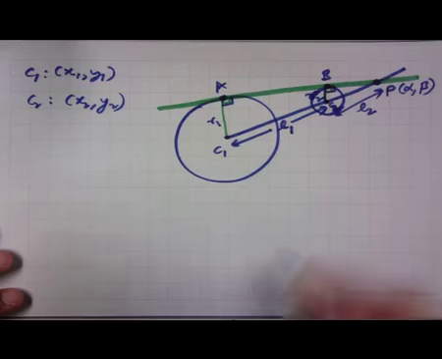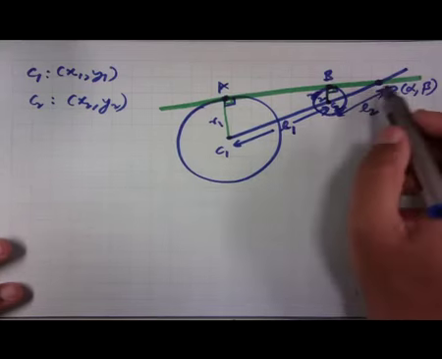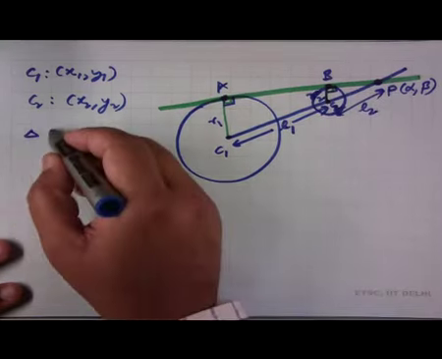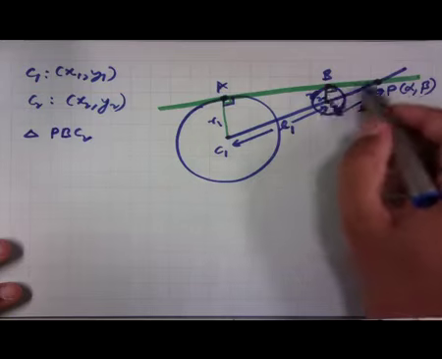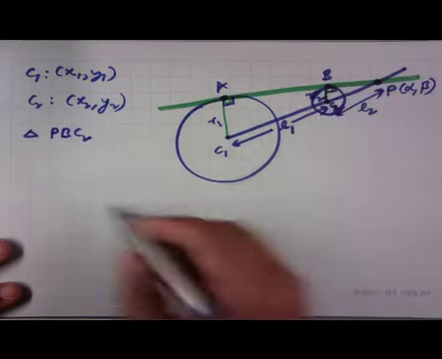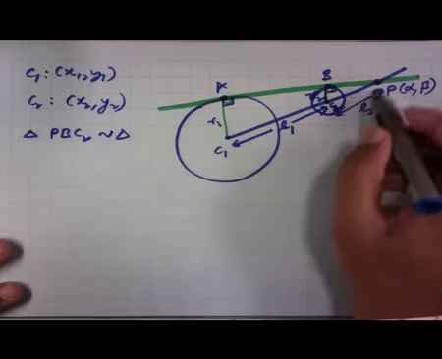We observe that the triangle PBC2, which is this triangle, is similar to triangle PAC1,